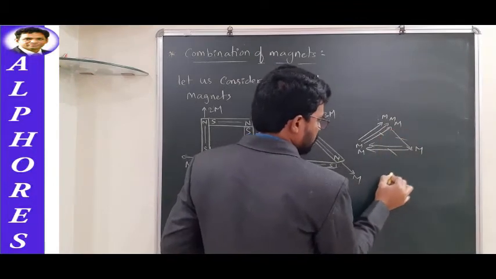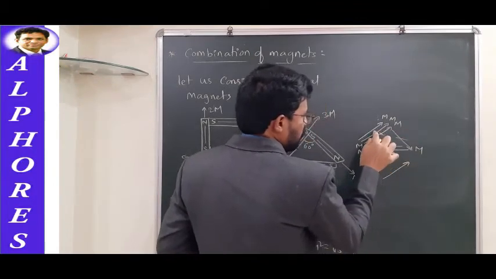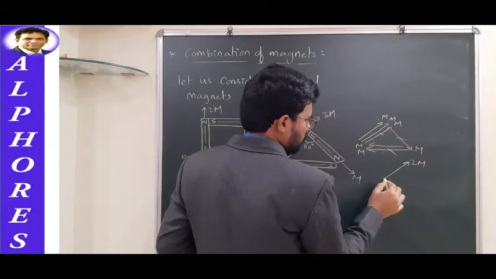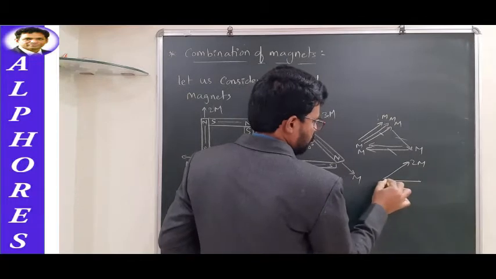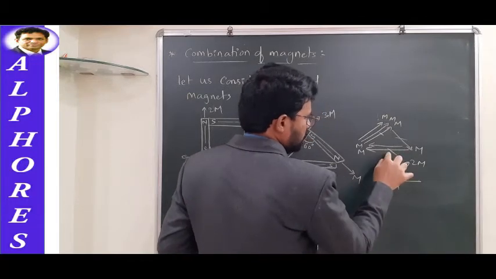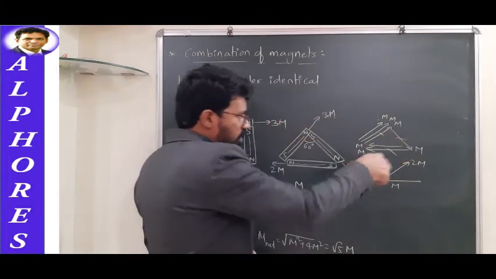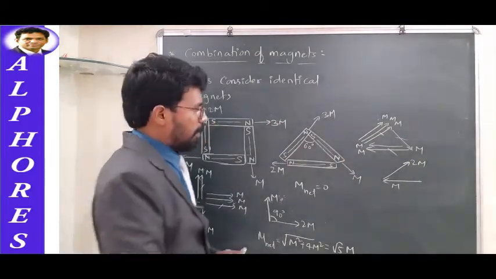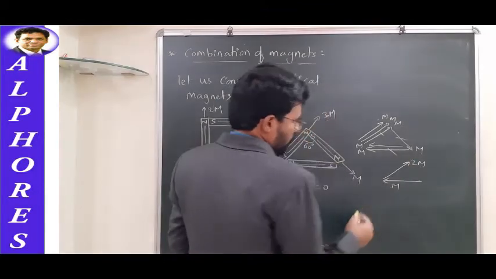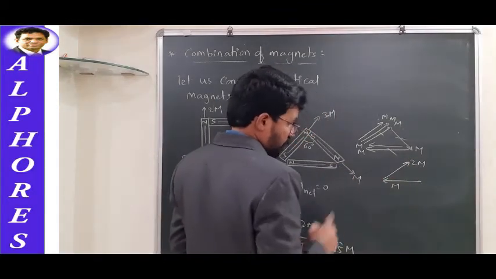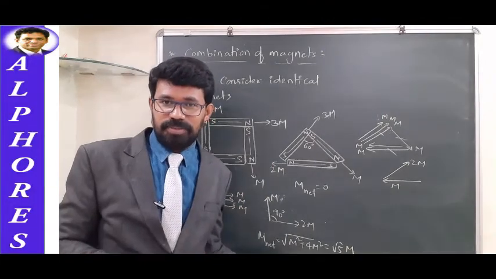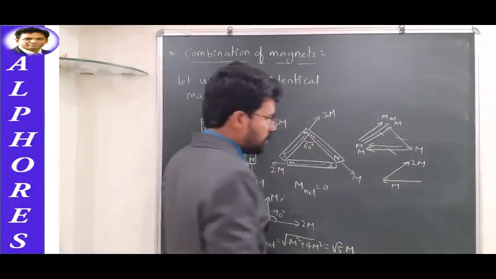Now what is the resultant picture? Here 2 m's are left, 2m, and here 1 m is left. This m and this m, this m. The resultant of all those m's is equal to what? Net value equal to 0. So now let us find out resultant of these two. If you wanted to find out the resultant, you have to find out the angle between the two moments, two magnetic moments. How to find out the angle between these two magnetic moments?